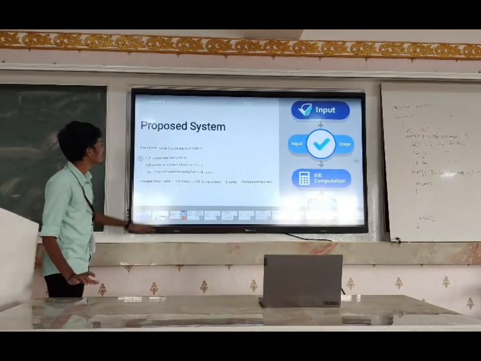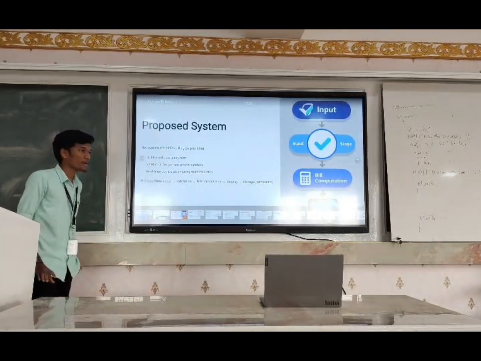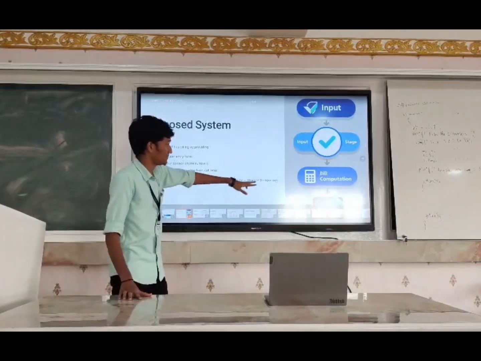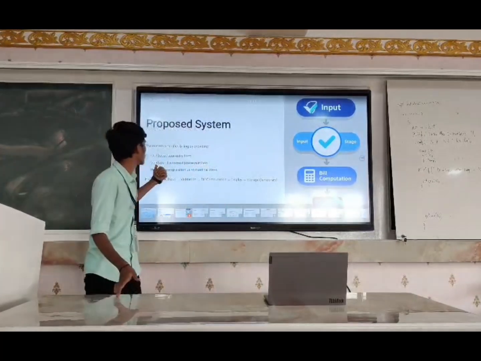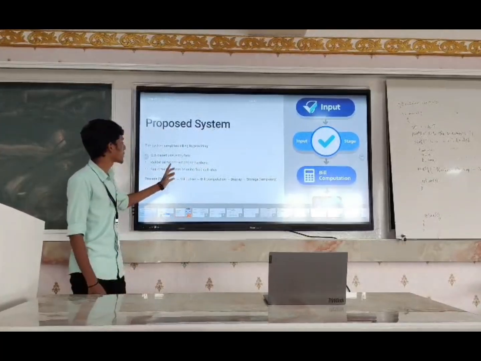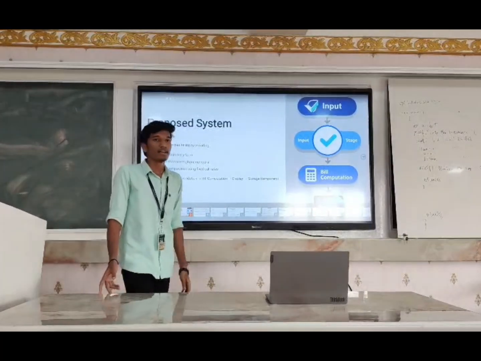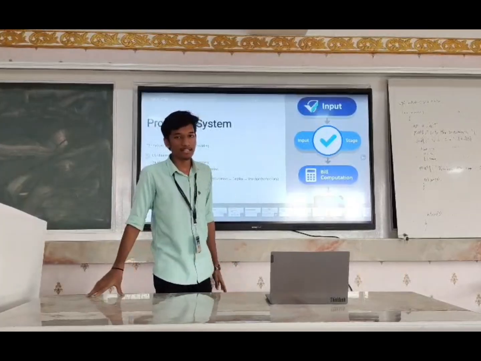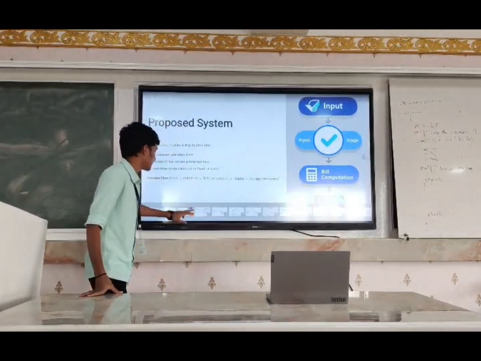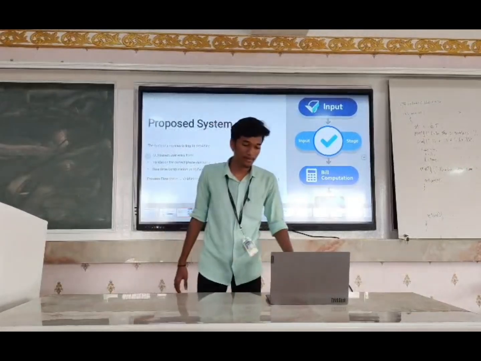The system simplifies billing by providing a GUI-based display and validation for correct phone numbers. After the input, it takes the validation for correct phone numbers. Next, it does real-time computation using fixed call rates. It will automatically generate the bill according to STD, mobile, and local. Thank you. Next will be explained by my friend.